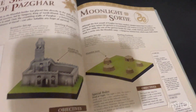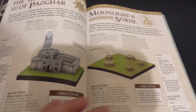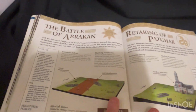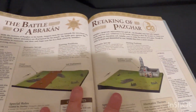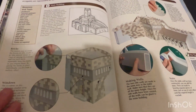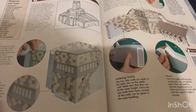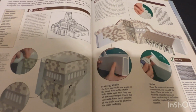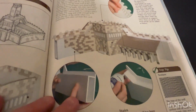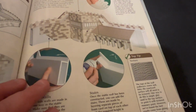Suladan and the Khandish warriors there. And of course, some really cool handmade terrain there. Some other battles here. And of course, at the end, they show you how to build these things. This is not something they do anymore very much because of all the terrain they've built. They put it on sale, but it's a great way of showing you how to build this massive setup here, all the steps they've gone through and the textures, top tips, and